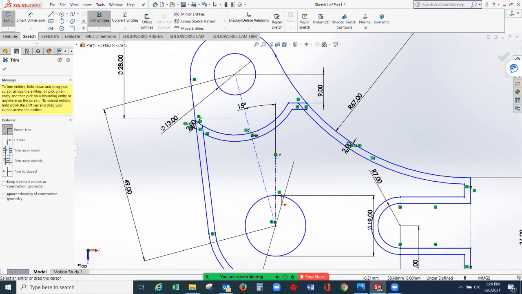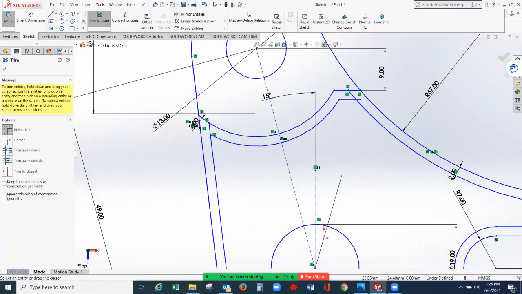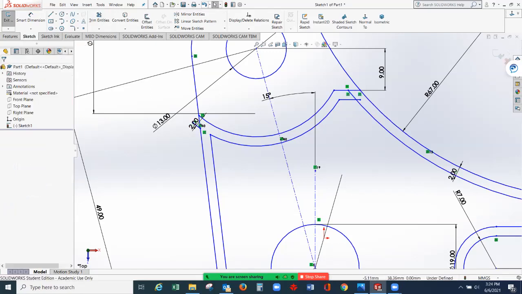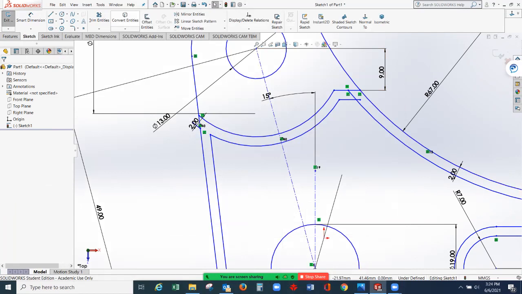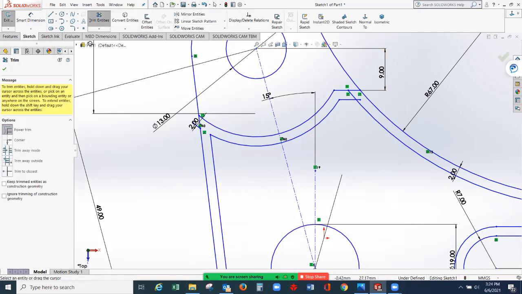We don't need this. Select here. Select here. Again, undo. Let's check the drawing. Okay, so trim entities. Select here.